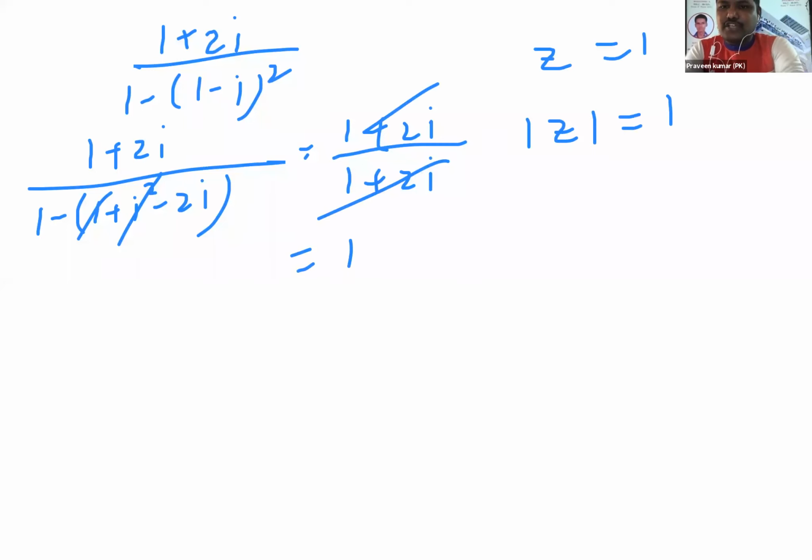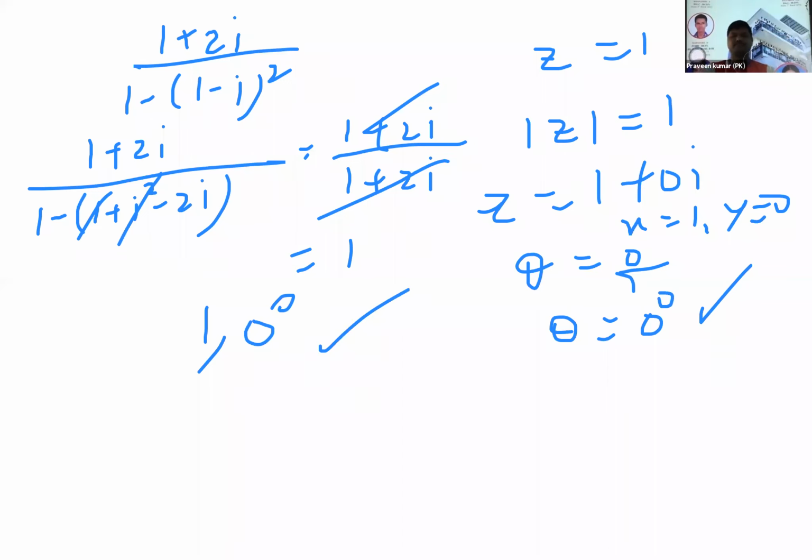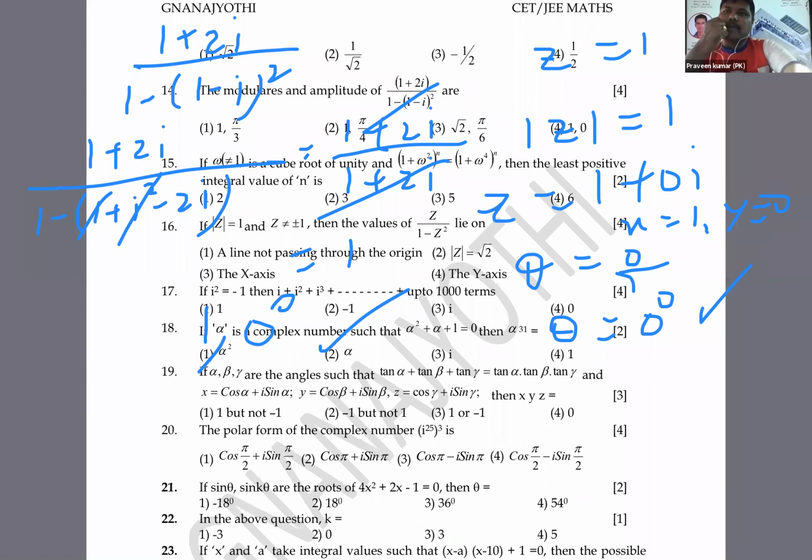So I need to say two things to you, but actually I didn't say to you. Now I am saying. You can copy it, very, very important. So magnitude 1. z is equal to 1 means 1 plus 0i. Then what is theta? y by x. x is 1, y is 0. 0 by 1, how much? 0 degrees. So magnitude 1, angle 0 degrees. Understand? 1 comma 0 is the answer. Which option? Fourth option.